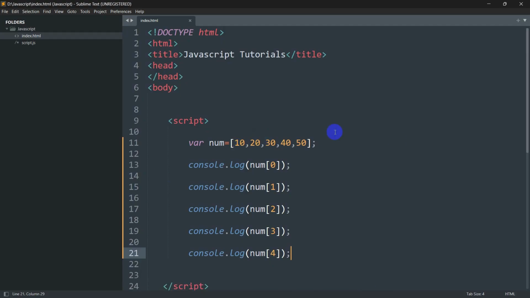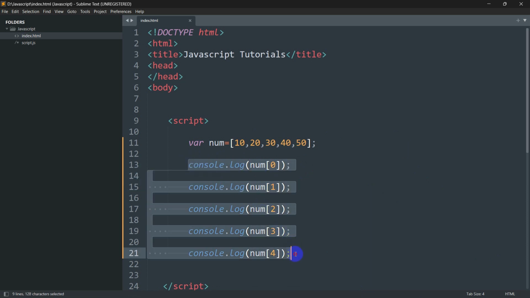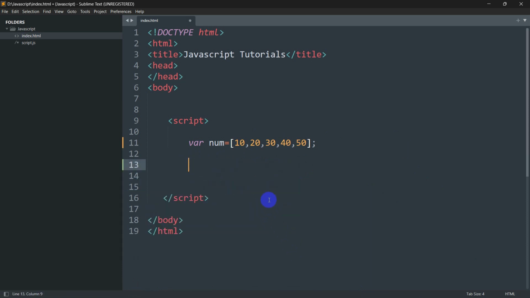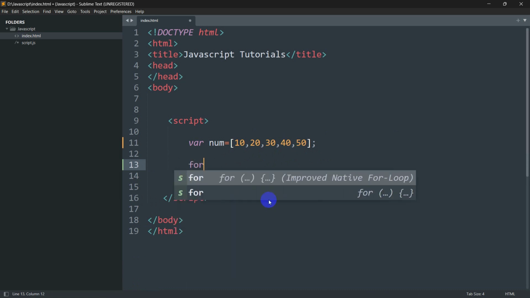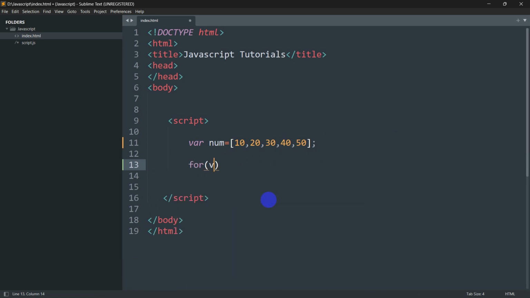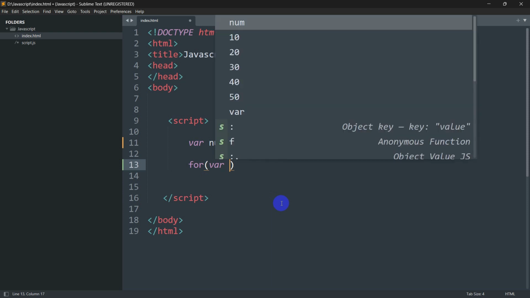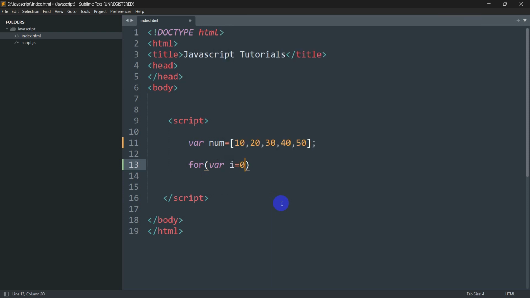So right now what we'll do is, let me just remove this. Over here we're going to mention a for loop. We'll say for, and let's declare a variable var i equal to 0. Then we'll give a semicolon. Then we'll say i smaller than 5, because we have a total of 5 numbers over here. Then we'll give again a semicolon, and then we'll say i plus plus. Let's just keep the second brackets,